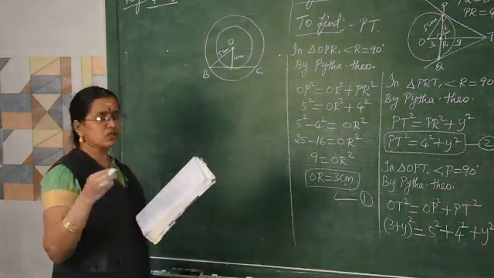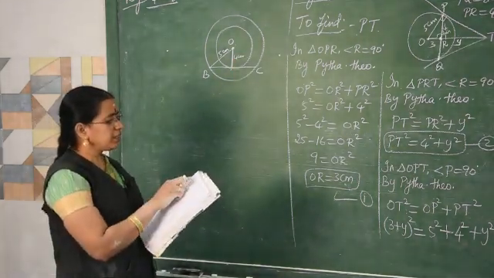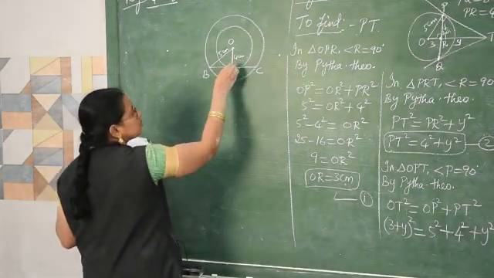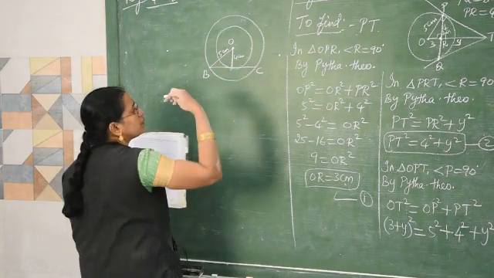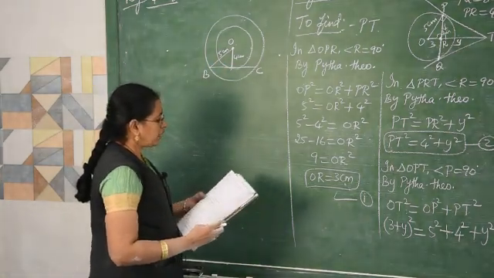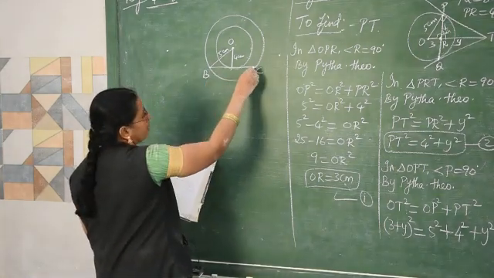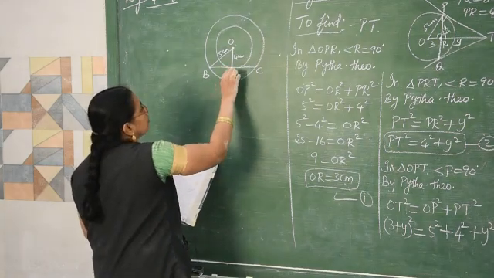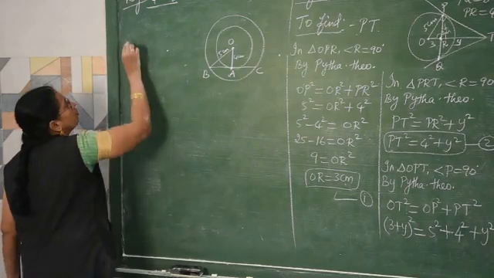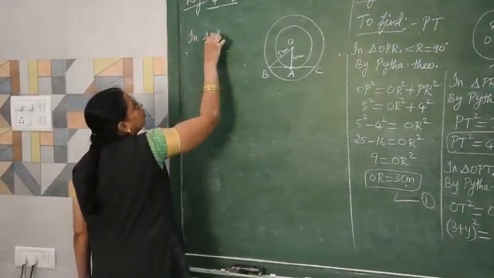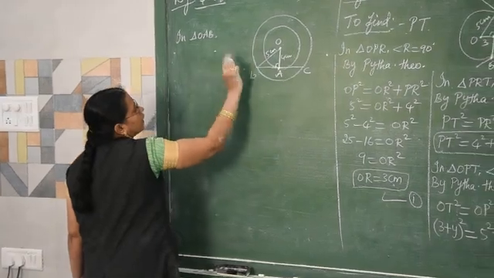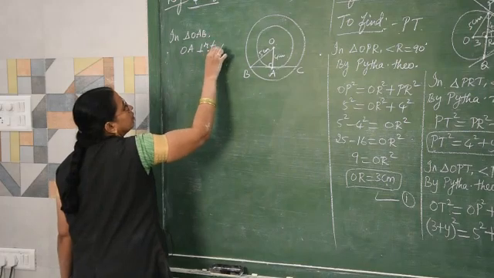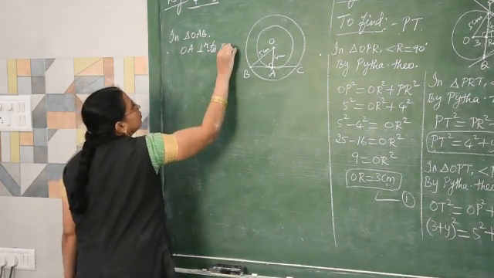So, by reading the question you must know to draw the diagram. If radii of two concentric circles are 4 centimeter, so this is the radius of the smaller circle, 5 centimeter is the radius of the bigger circle. Then find the length of the chord of one circle, which is the tangent to the other circle. Okay. So here you give the name AB. Now in triangle OAB, the radius is perpendicular. OA is perpendicular to BC or BA.